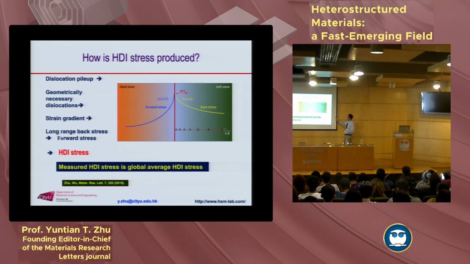Assume the strength of the soft zone is 300 megapascal. If you apply the stress at 300 megapascal, this Frank-Read source will start emitting dislocations. So if you apply the stress at 400, it emits dislocations, and they get all piled up here, and then this will stop operation because